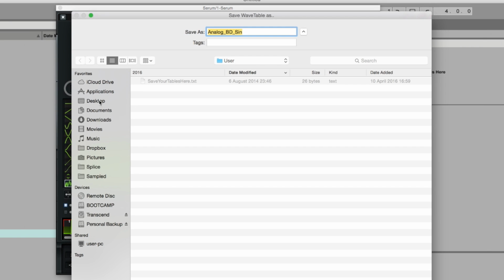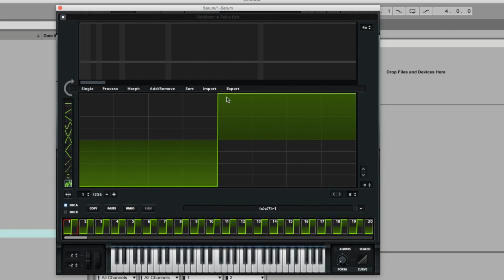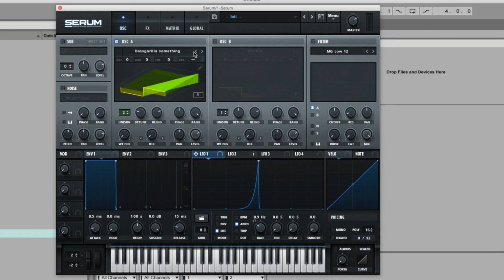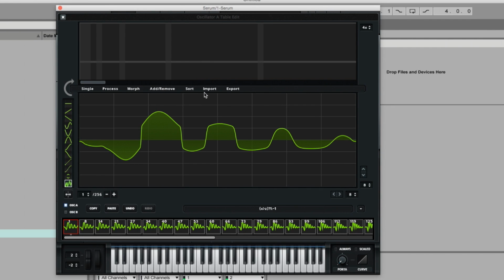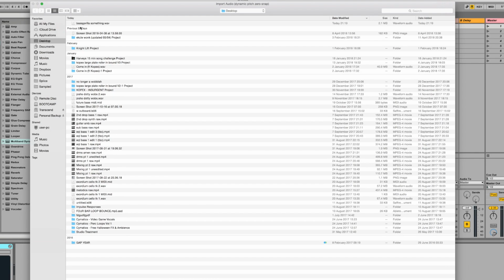And from here, just save it wherever you want. Let's maybe just save it to the desktop and call it Bass Gorilla something. So when we click import, let's just say we go back and change it. Then if we go in and import like we did in the previous one, click that,